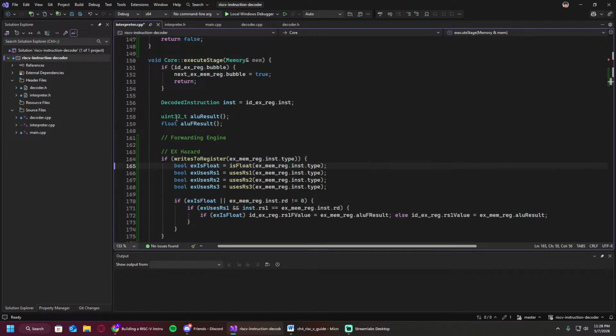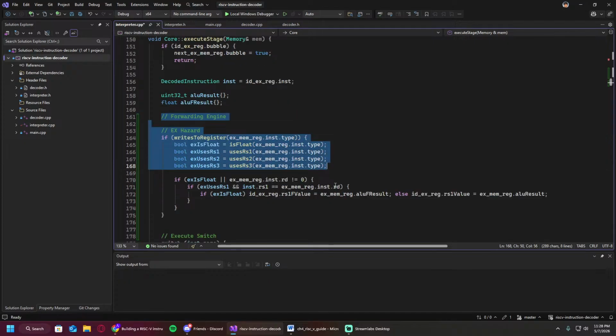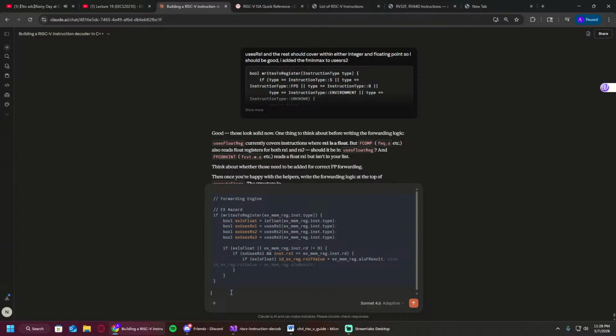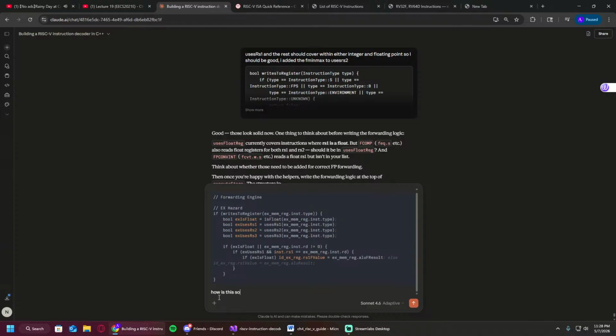Okay, just to make sure I'm getting things right here, let's just check that I have things going right. Then I can write the rest. So far, I will write the rest if this is good. If there's a problem, don't code, just